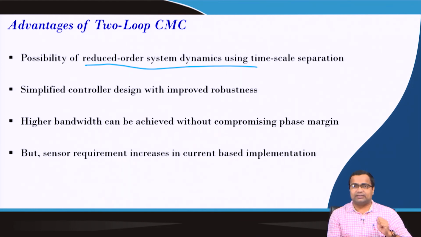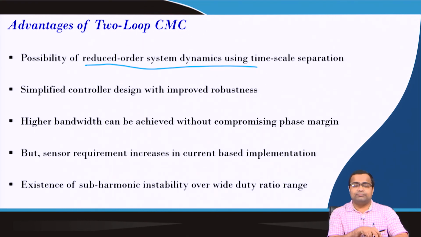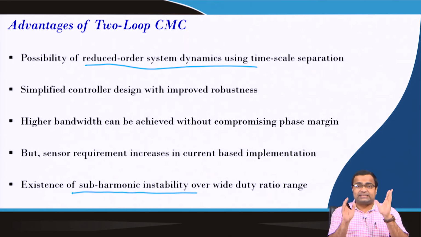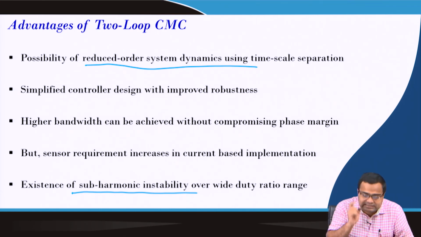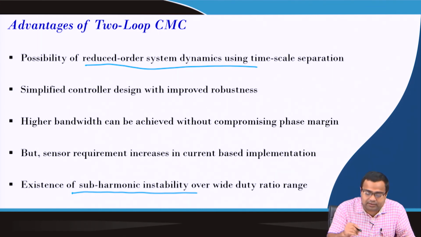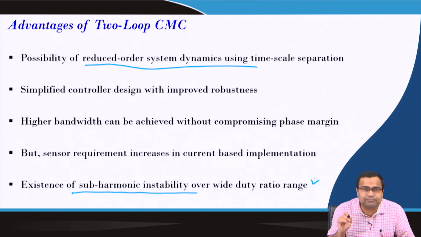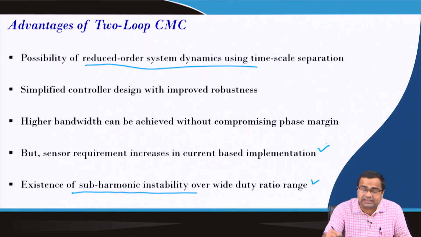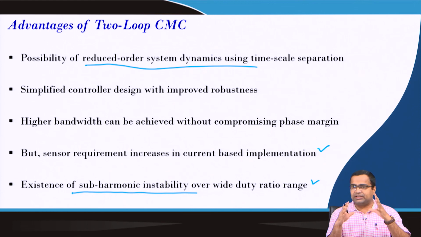So, there is the sensor requirement, since in a current based implementation we need a current sensor. I will also show the subharmonic instability in current mode control when the duty ratio exceeds 50% for peak current mode control, and we need to separately incorporate the compensating ramp. But in digital control and other modulation techniques, this problem can be resolved, which we will also discuss. Using digital control implementation, we can estimate current, even very fast dynamics current. So we can get the benefit of a faster current loop without sensing current. Those are possibilities.